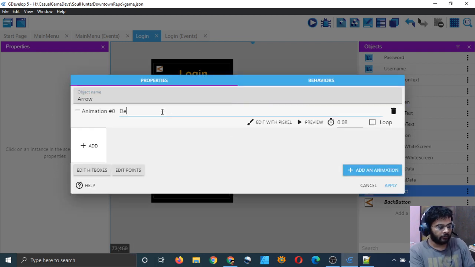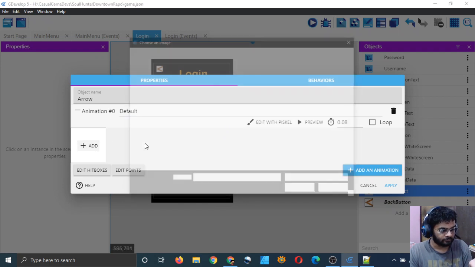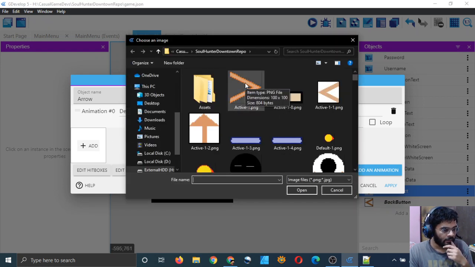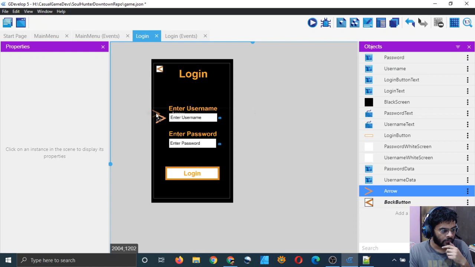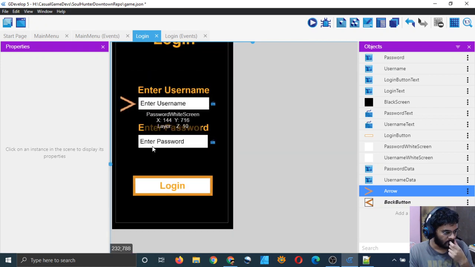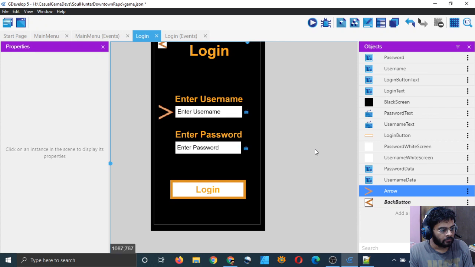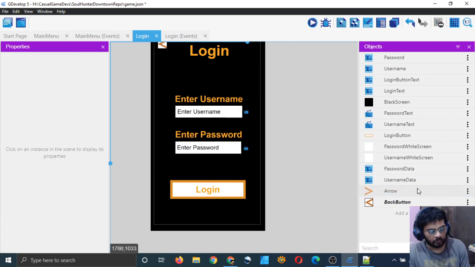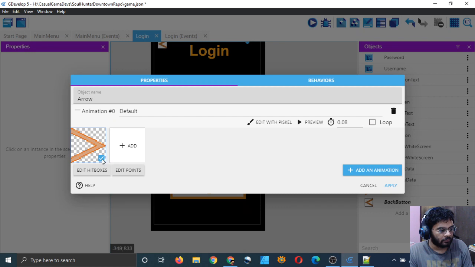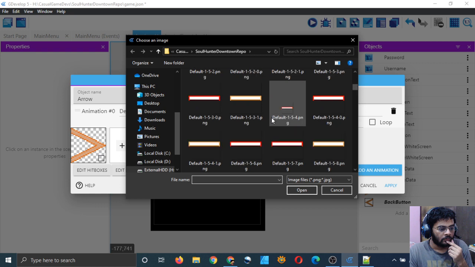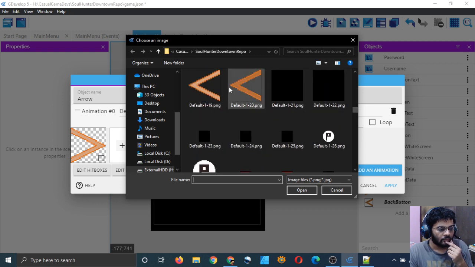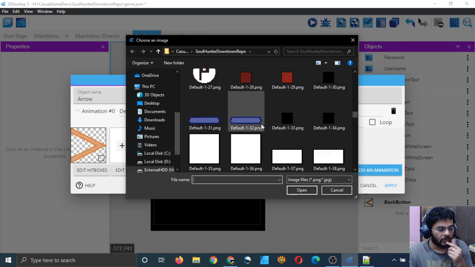Add an animation, default, and add some arrows. We are not going to be editing this, so we can use previous sprites also. Edit, add. I think I will add this arrow and apply, and that's kind of big. It's too big. I don't want that. I will see if I have some other arrow. I have this one, but it's also very big.